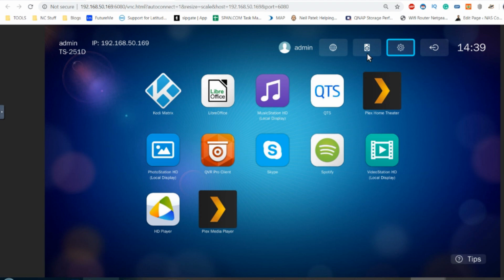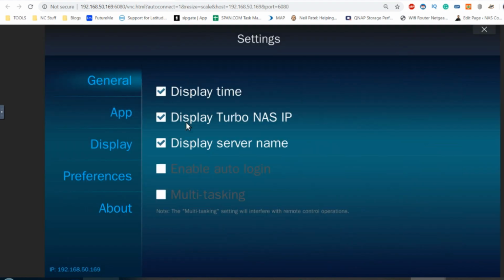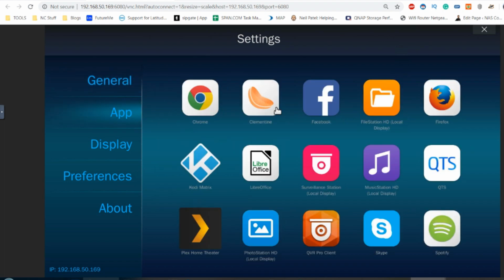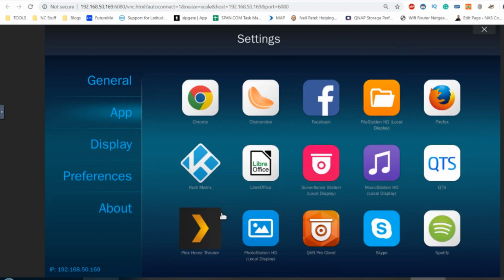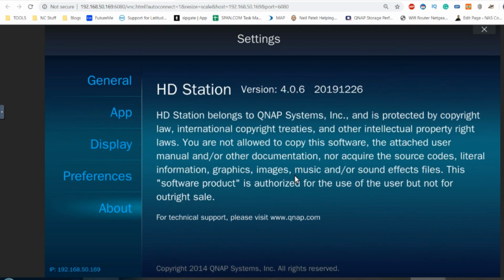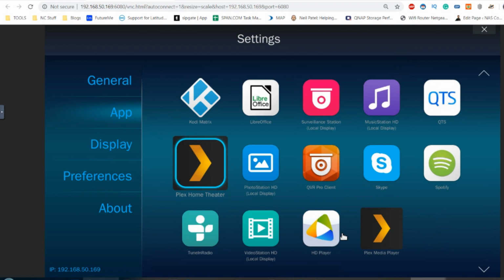If we go into the options menu here, we can look at some settings where we can change how the device works. And if we go to the app area, we can select an average app. Say if we click on the Plex application, maybe I'll stop tapping that button there in error. And then from there, we can go into the Plex Theatre app,